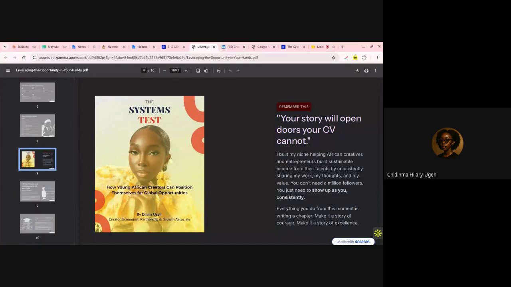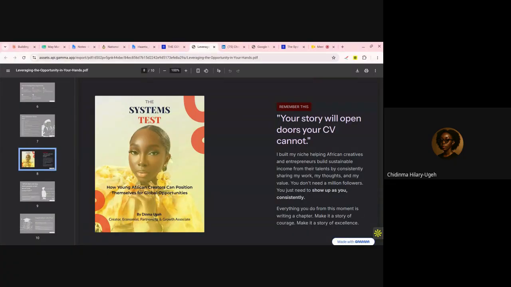It can change how you write, how you introduce yourself, how you apply for opportunities. And it also changes how you speak in rooms, how you negotiate your work, and how you show up online on social media or wherever you are physically. And that's why I wanted to give this ebook away free to a lot of creators and also to this community tonight,